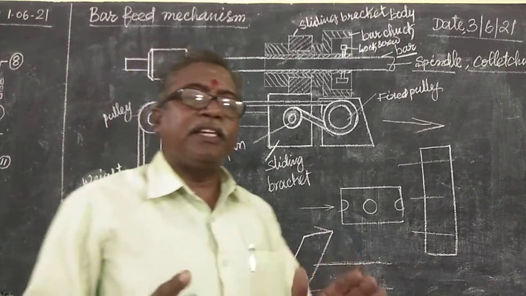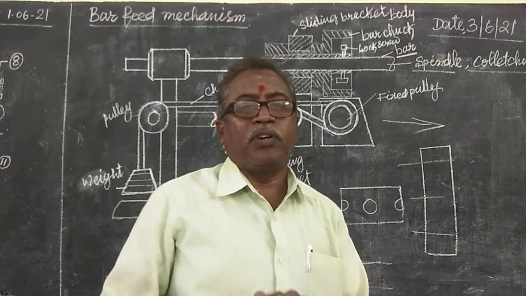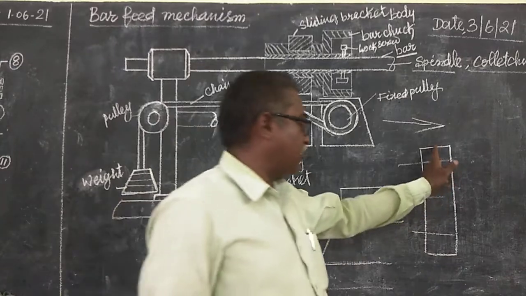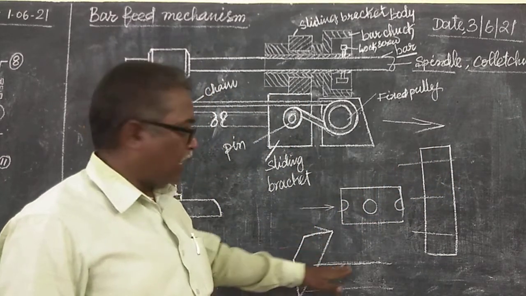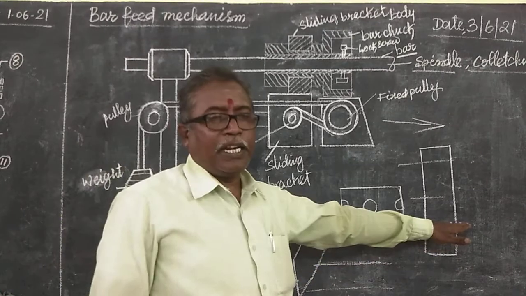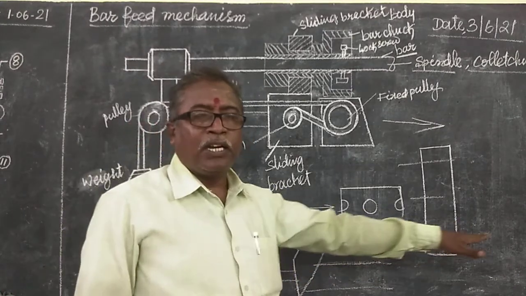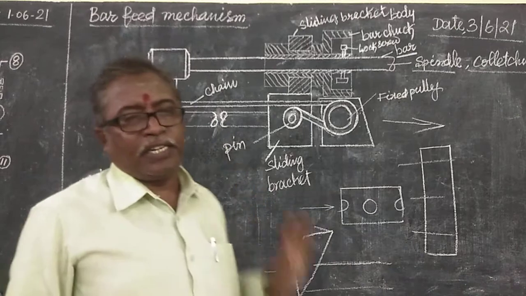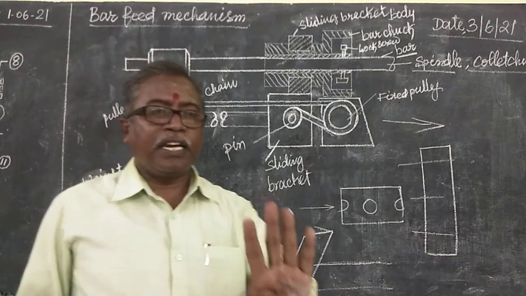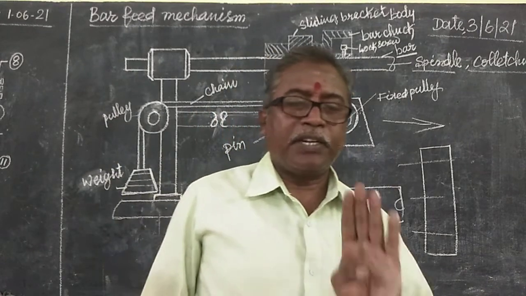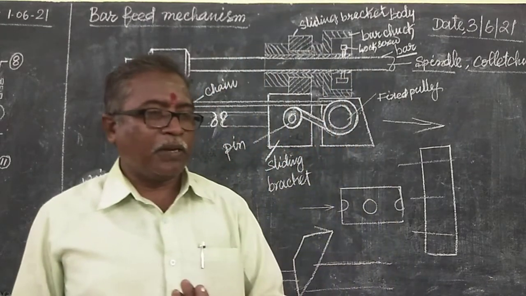So like this, there are three types of turret heads. One is the circular one. This is the hexagonal one. This is the cone-shaped one. All will be set horizontally. When the tool heads move, the tool will go straight to the axis. These are the three types of turret heads. Keep that in mind.